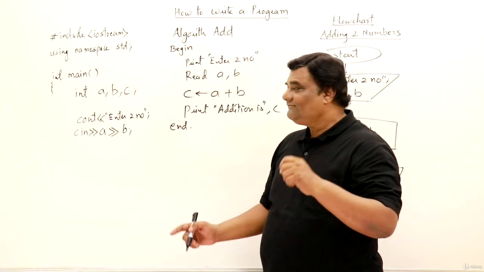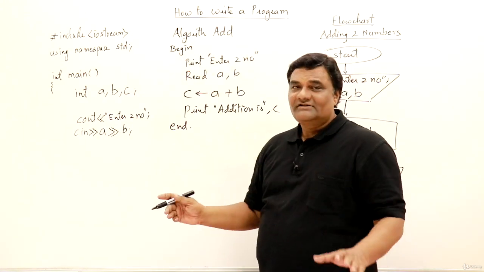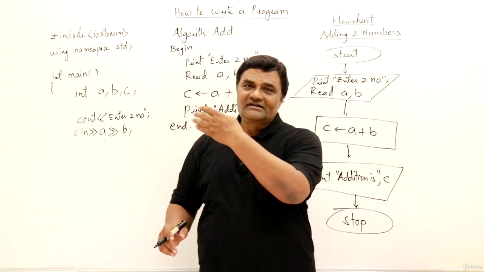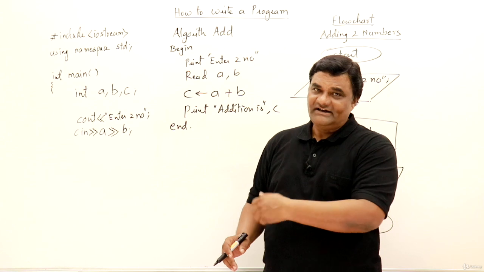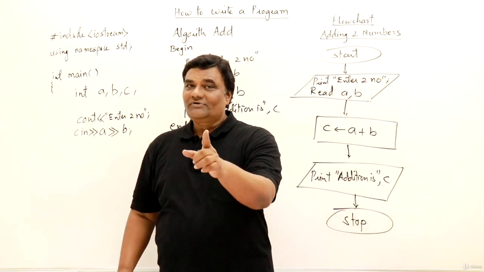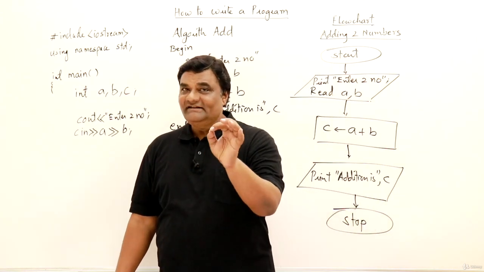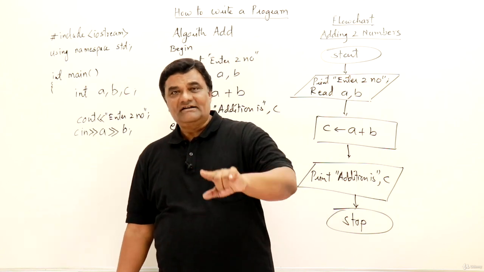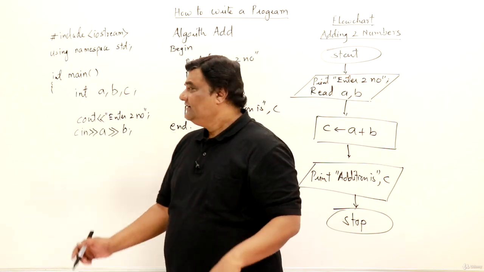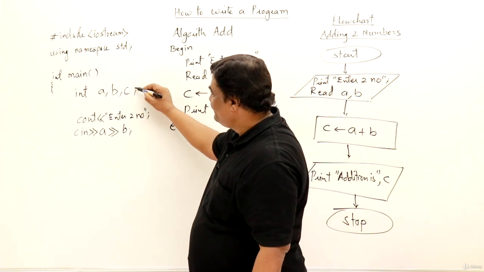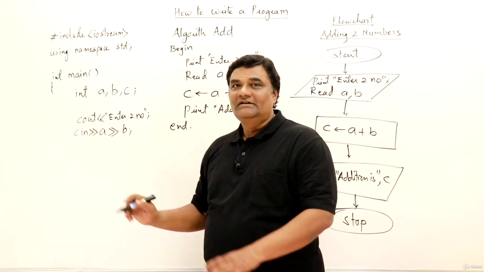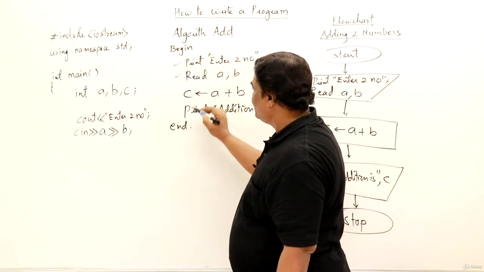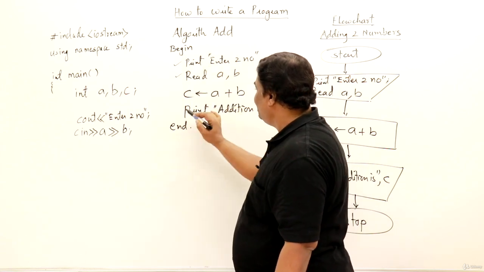This declaration was not there in the algorithm, so it's not strict, because that is not C++. You can write as you like. This is English-like. Now here you have to write everything perfectly. If you miss anything, the compiler will not compile your program. So you should write things that are understandable by the compiler. Write everything properly. This should be terminated by a semicolon. So till here we have reached. Now the next step, this is over, and this one, C assigned A plus B.